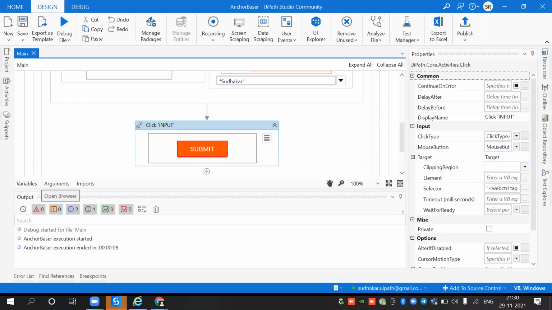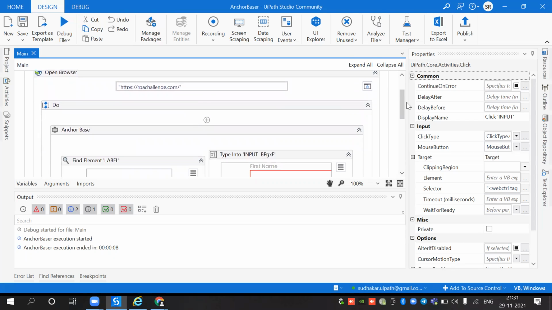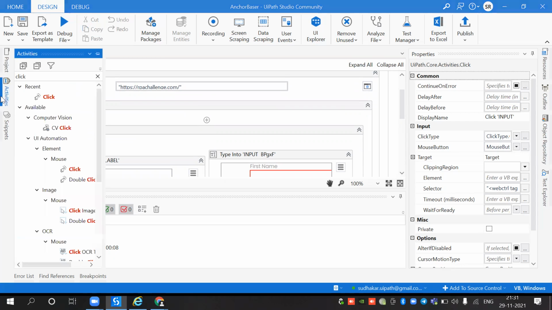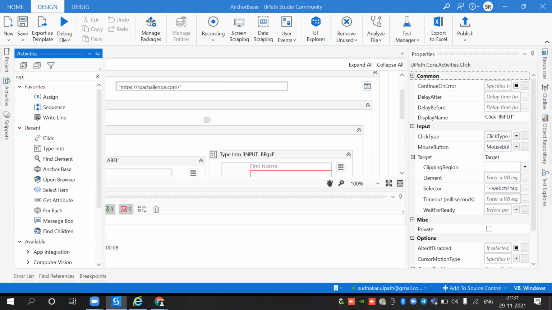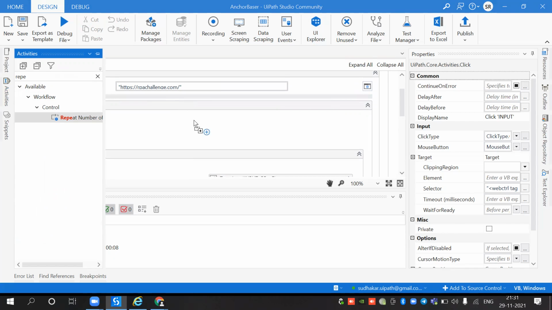If you want to repeat it 5 times to check whether it is identifying the value in a proper way or not,